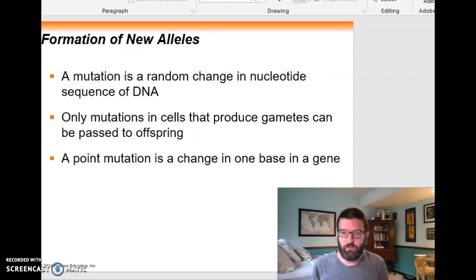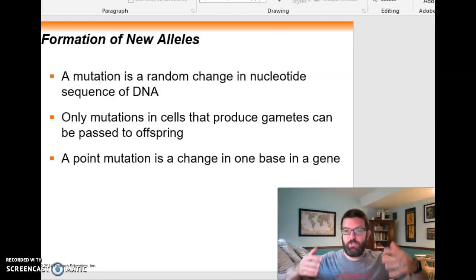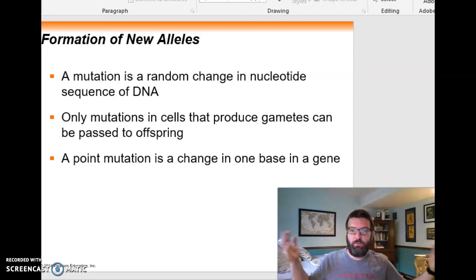In terms of mutations, which create that raw material for natural selection to operate on, it really is only mutations in the cells that produce gametes that matter for evolution, because those can be passed on to offspring, right? So your skin is pounded with UV radiation from the sun every day, and that can cause and does cause lots of mutations. Those mutations can cause cancer if you get enough of the wrong mutations, right? But it really is only mutations that occur in the gametes, in the cells that are going to produce gametes, I should say, so within your testes or ovaries, that are going to be passed along to the offspring.